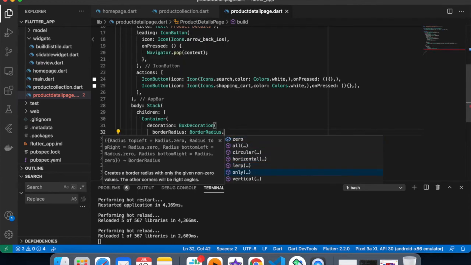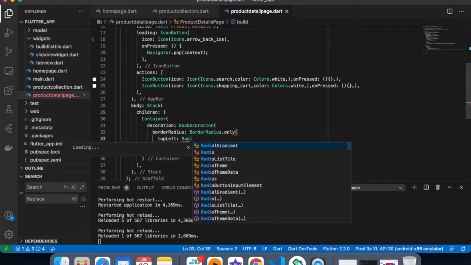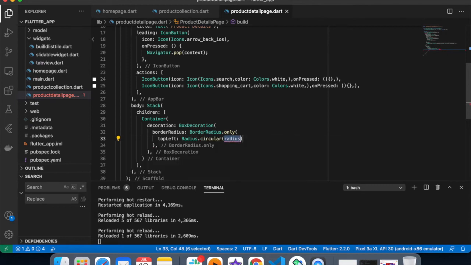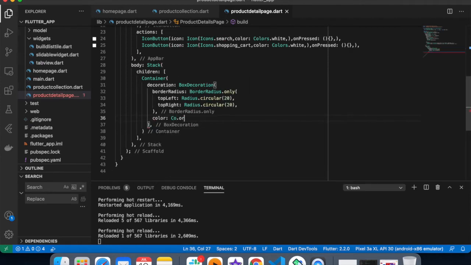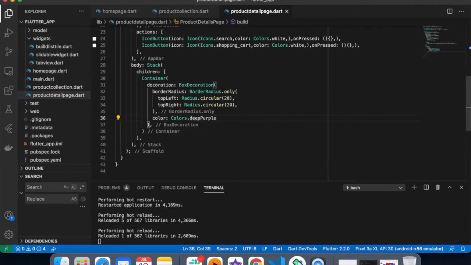Border radius only, because I want my two sides to be circular. So topLeft goes to Radius dot circular. This is 20. Color equal to deep purple,